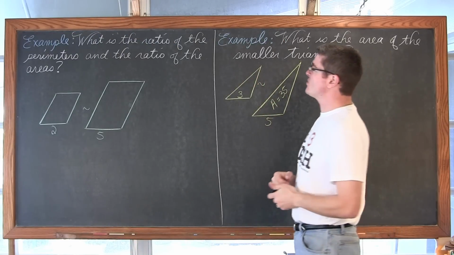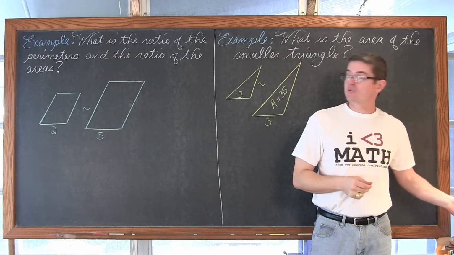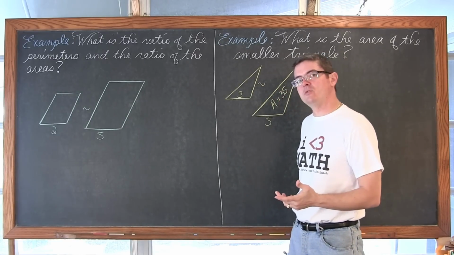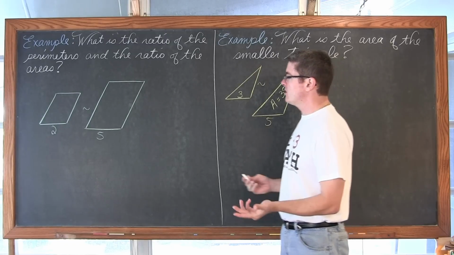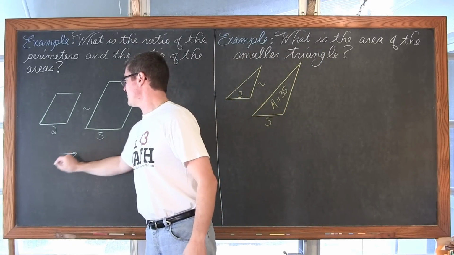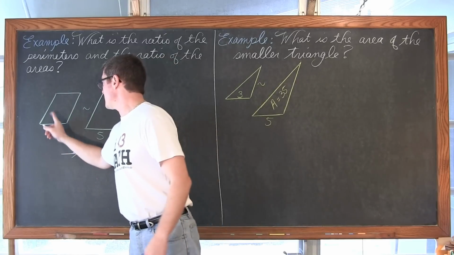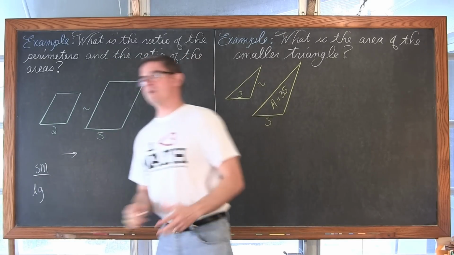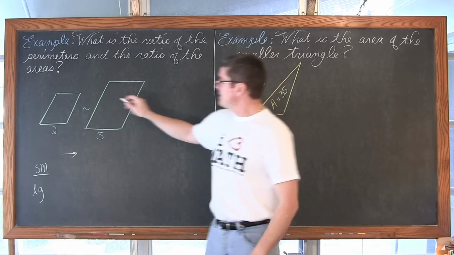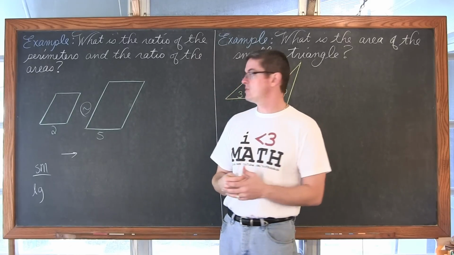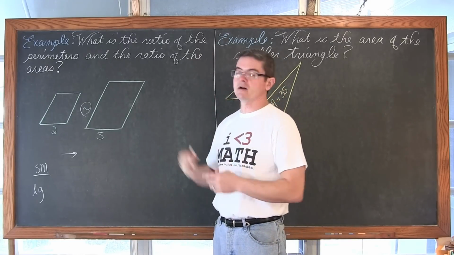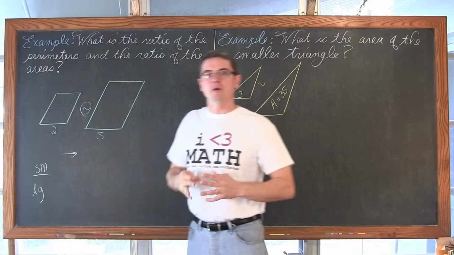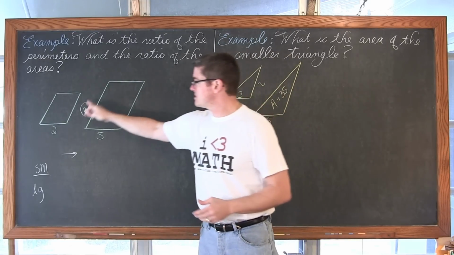First example, what is the ratio of the perimeters and the ratio of the areas? Now, when you set up ratios, you get to control how you set them up. So if we read this going left to right, or if I decide that I want to go, let's say, my small measurements over my large measurements, that is how I'm reading this left to right. I've been told that these two parallelograms, or these two polygons anyway, are similar. They don't have to be parallelograms. I don't have any parallel marks up here. But these two polygons are similar.